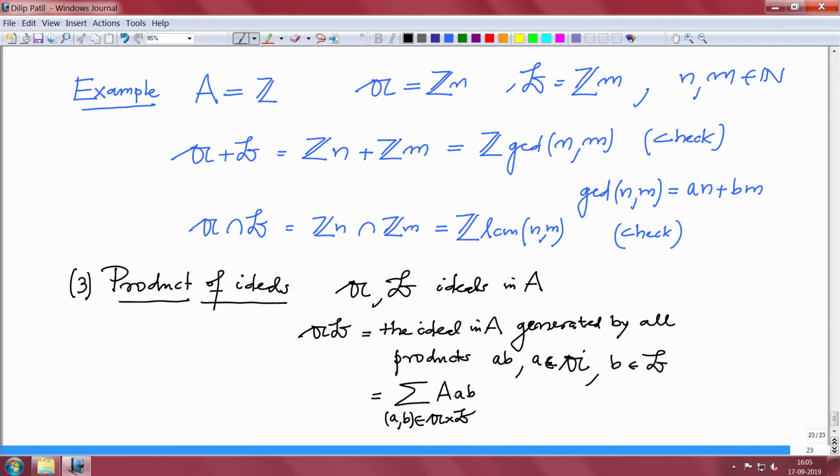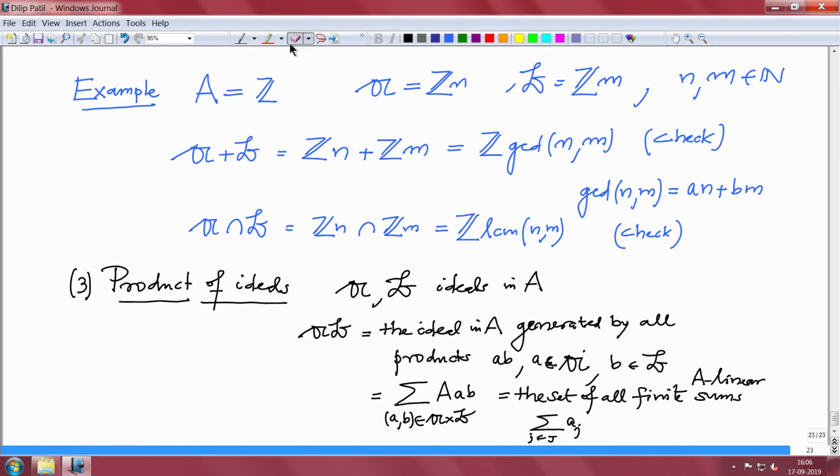So, these are all principal ideals generated by ab, where a is in 𝔞 and b is in 𝔟. And this, we know, is the set of all finite linear sums like this, sum over j of